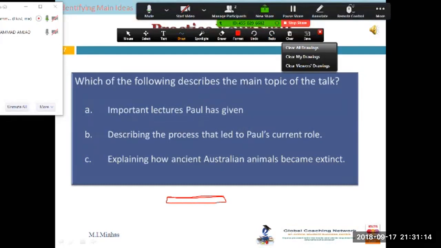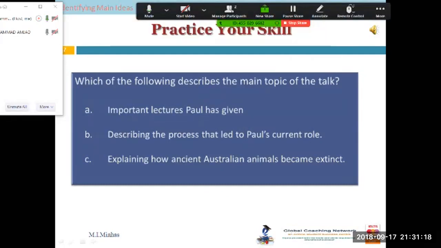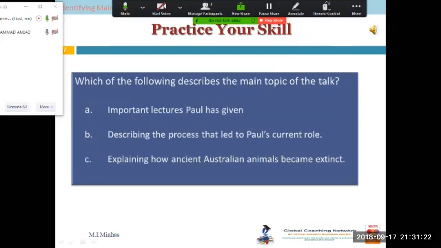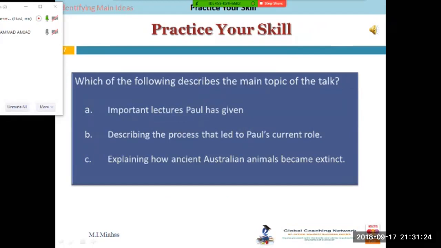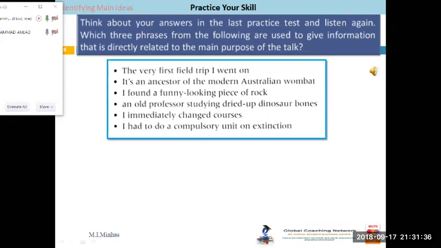Now I'm not going to explain this recording or play it again because there are some other exercises waiting for you from the same recording. Once that is done, I will play and pause to explain what he's saying, because I want you to understand it. By that time, I hope you will already have understood what he said.